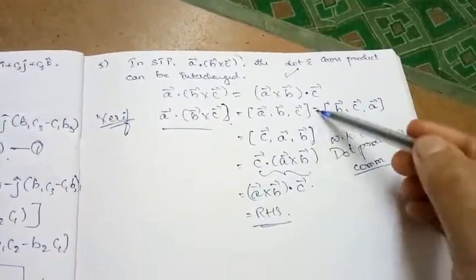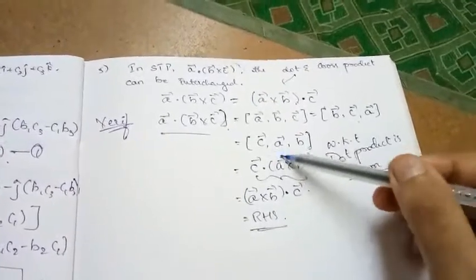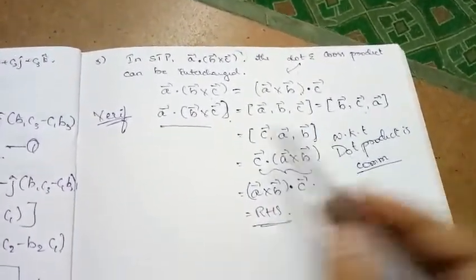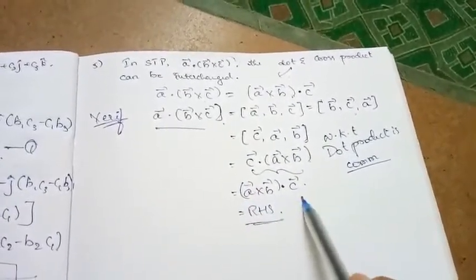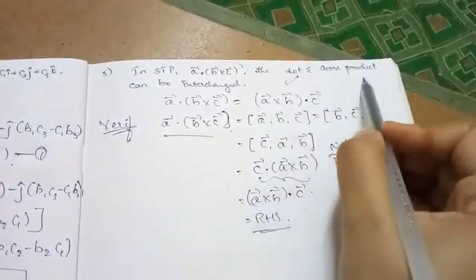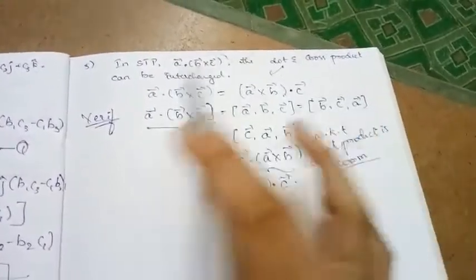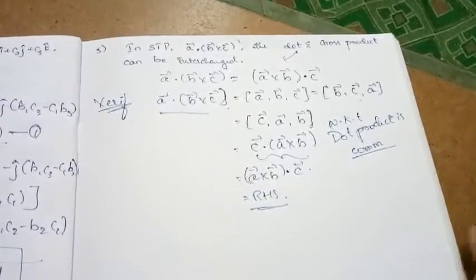Upon arguing with each and every statement with the help of definition as well as previous result, we came to the concept that vector A dot B cross C is equal to vector A cross B dot C. So what does it conclude? By interchanging the dot product and cross product, the scalar triple product remains the same. The value of the scalar triple product is not going to change.